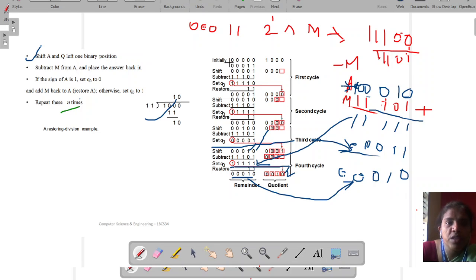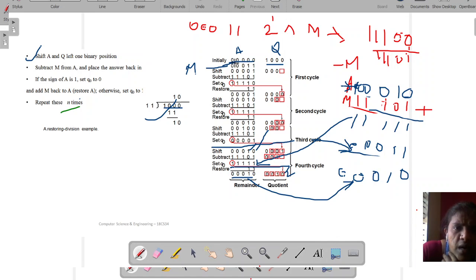Initially A is loaded with 0 and Q with the dividend, which is 8. M is given here; it is not necessary to place it here, but it is easy for subtraction and so on, we'll see that. Now after shifting of A, what you got,